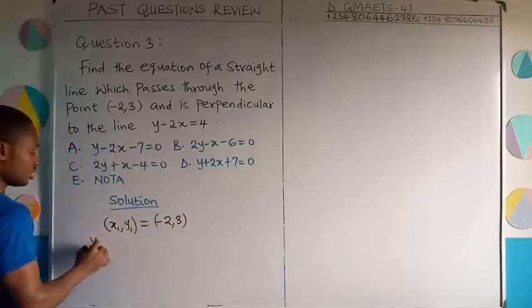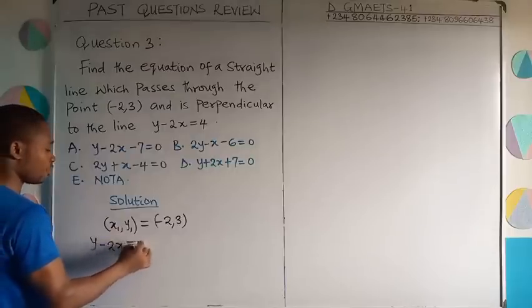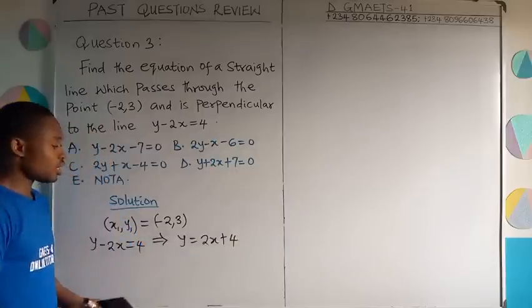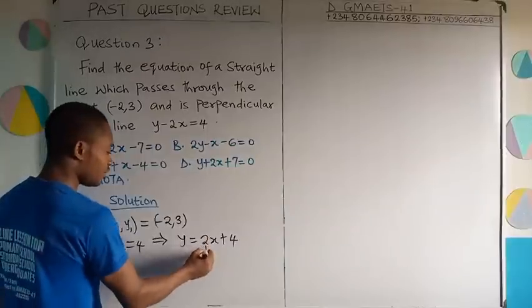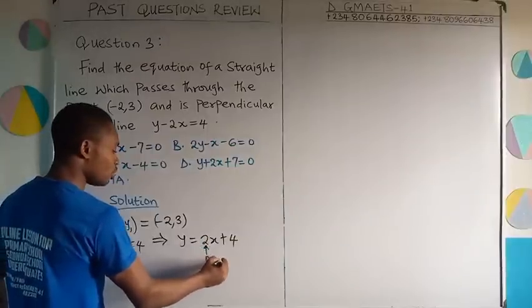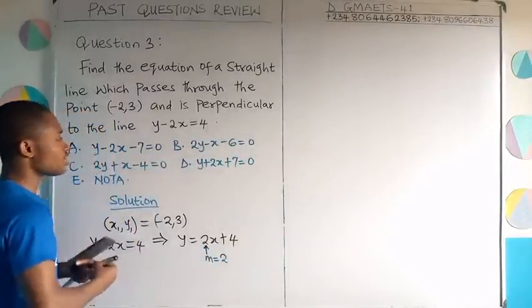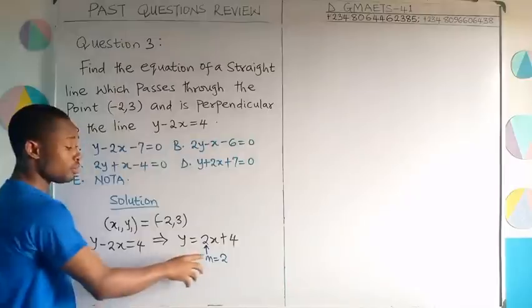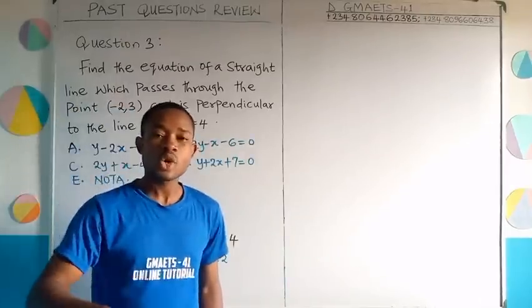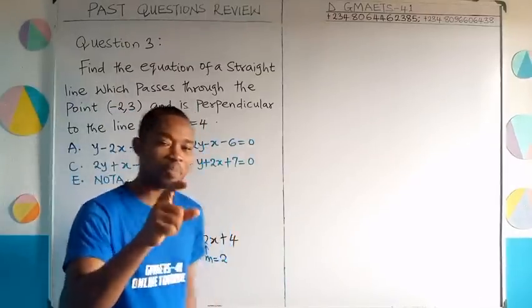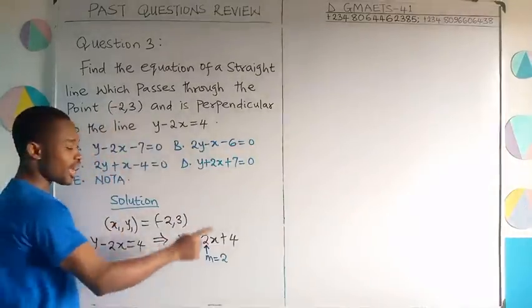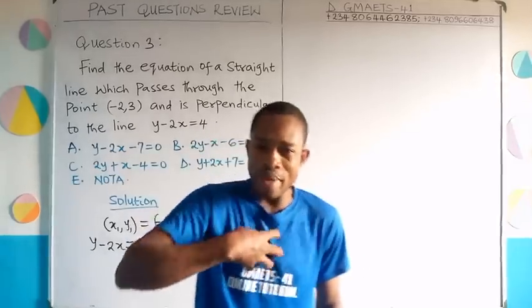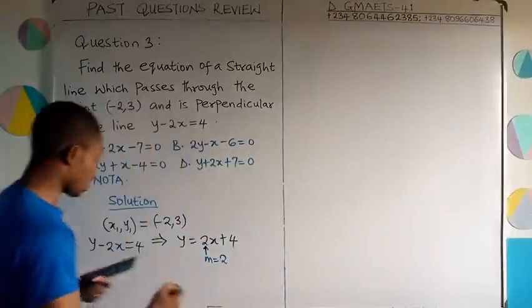And then we're given the line y minus 2x equal to 4. I'll standardize it. y is equal to 2x plus 4. And so looking at this, we see clearly that our gradient m is equal to 2. That is the gradient of this line. Are you following right? The gradient of this line is plus 2. The line whose equation we are asked to find is perpendicular to this line that has this gradient. Therefore, for us to get the gradient of our own perpendicular line now, we use the relationship. Recall,